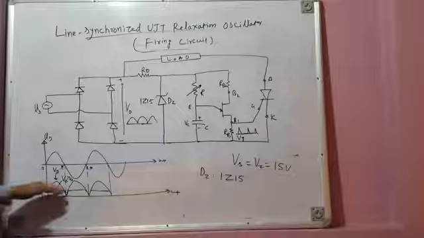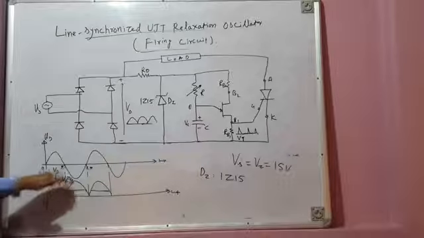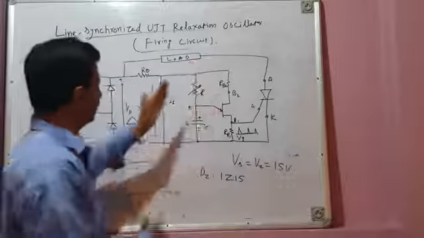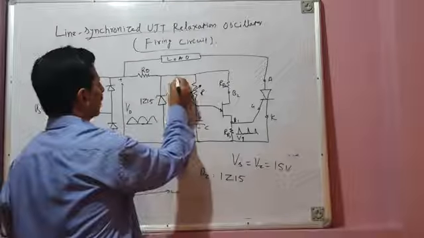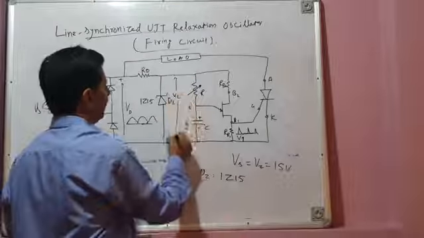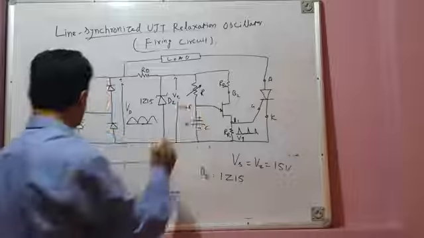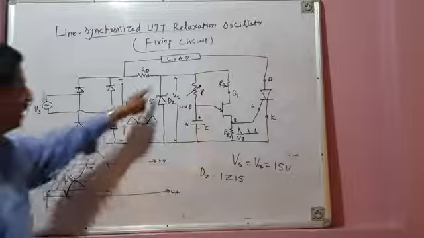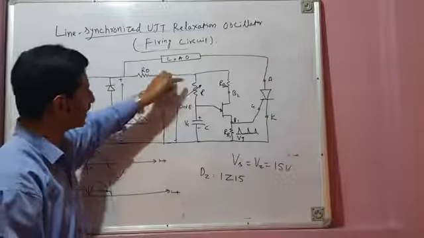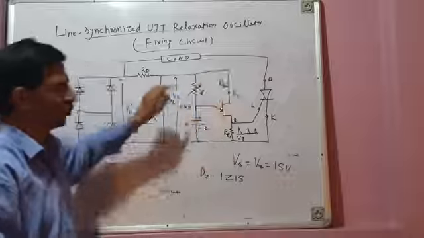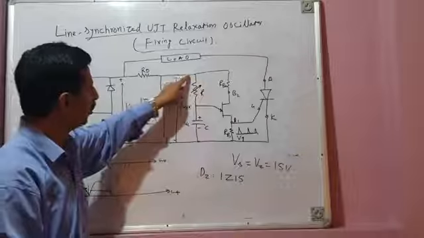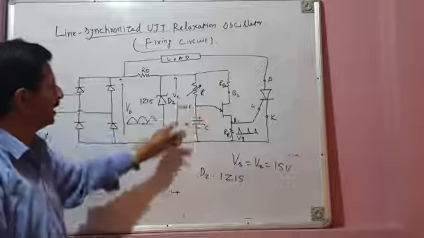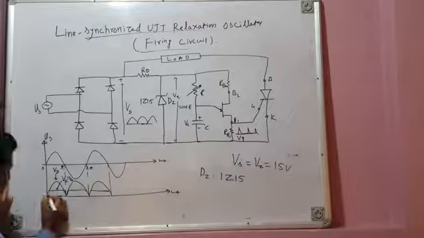So now we can see it's a DC line, and it becomes a DC source for your UJT. So the voltage across this is VZ, and it is around 15 volts. You can see 15 volts. And this voltage acts as a DC source for the UJT relaxation oscillator. So it will first charge the capacitor. So the capacitor will start getting charged.